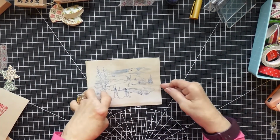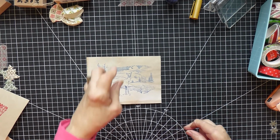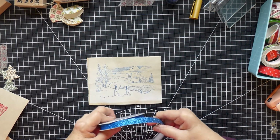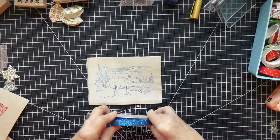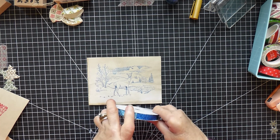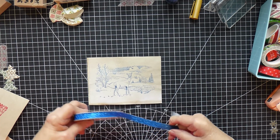I'll do this blue one. I love this blue one with the deer. And one of the things I thought I might use on here, I've got this glittery blue tape, which I hardly ever use. In fact, I think the colour of this outside piece is rather lighter than the inside. I don't think it was meant to be like that. I think it's been laying around for so long it's actually faded. And I want to use this bright blue, so I'm going to have to trim it off a bit